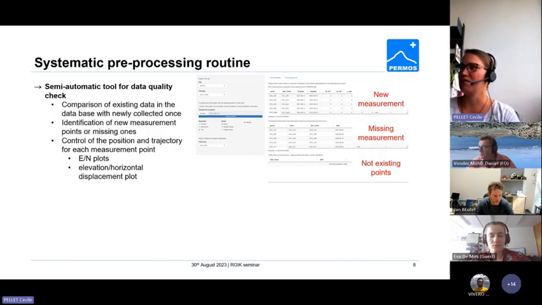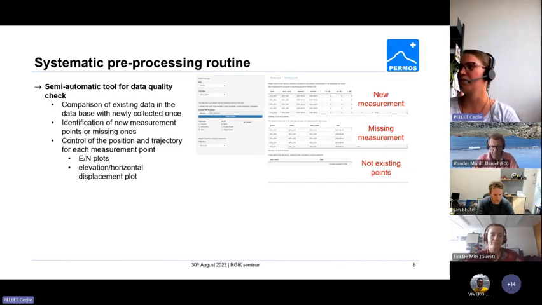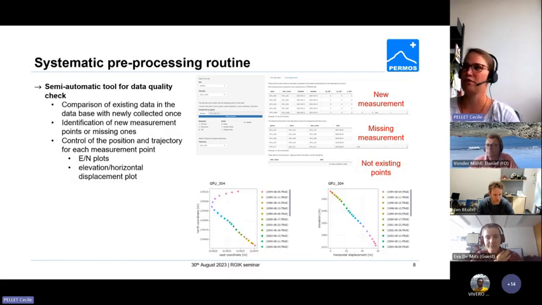The first one is the new measurement of already existing points. That's perfect; you can see what's happening. The second table is existing points that were not measured, so you have the list. And for the third table, there's nothing here, but if you measured something new that year, then you will also get the information. And in addition to these tables, you also get standard plots of